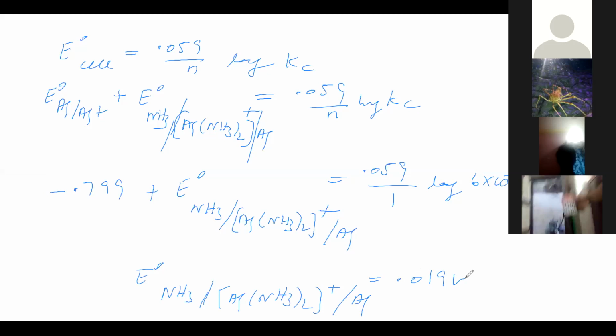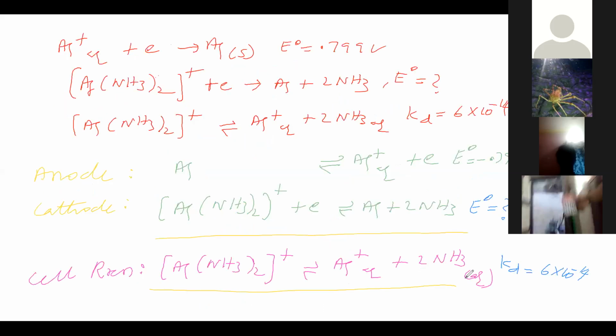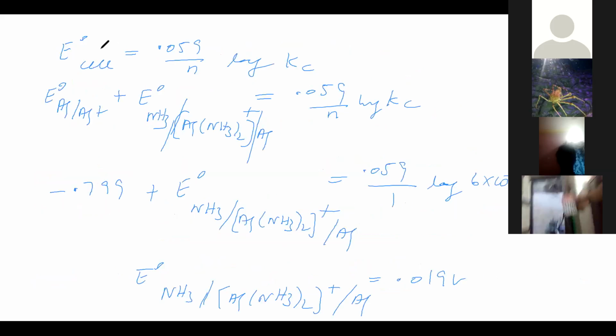Now understand this very properly. We want E naught for this electrode. So we have taken the given terms. One term is the dissociation constant, which we have taken. By seeing these two, we have written this electrode half reaction. We have reversed this electrode half reaction. Why? Because in order to get these two. Okay, now we related E naught cell and the dissociation constant. Like this relation: E naught cell is equal to anode